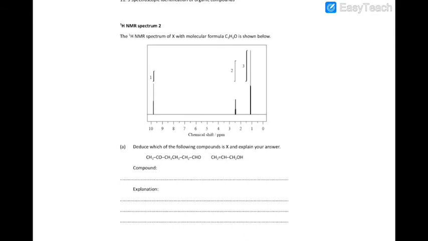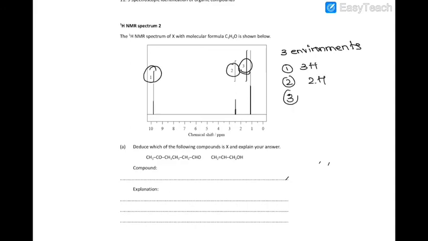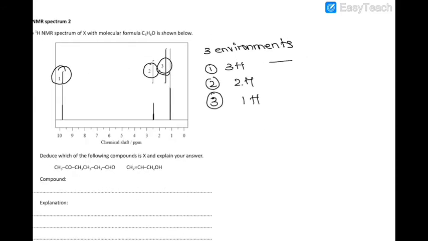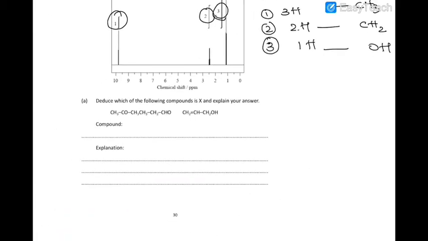So here we have 3 peaks, so there are 3 environments. In one environment you have 3 hydrogens, in another you have 2 hydrogens, and in a third environment only 1 hydrogen. So 3 hydrogens, most probably it's going to be a CH3. 2 hydrogens, most probably a CH2, and 1 hydrogen, it could be an OH because there's just 1 hydrogen in it. So if we look at the structures provided,